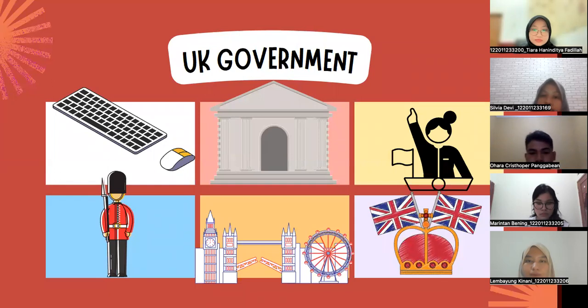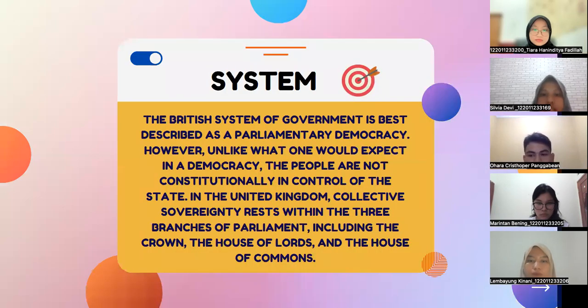Okay, so the first topic is about the UK government. The system of government in the UK. The British system of government is best described as a parliamentary democracy. However, unlike what one would expect in a democracy, the people are not constitutionally in control of the state. In the UK, collective sovereignty rests within the three branches of parliament, including the Crown, the House of Lords, and